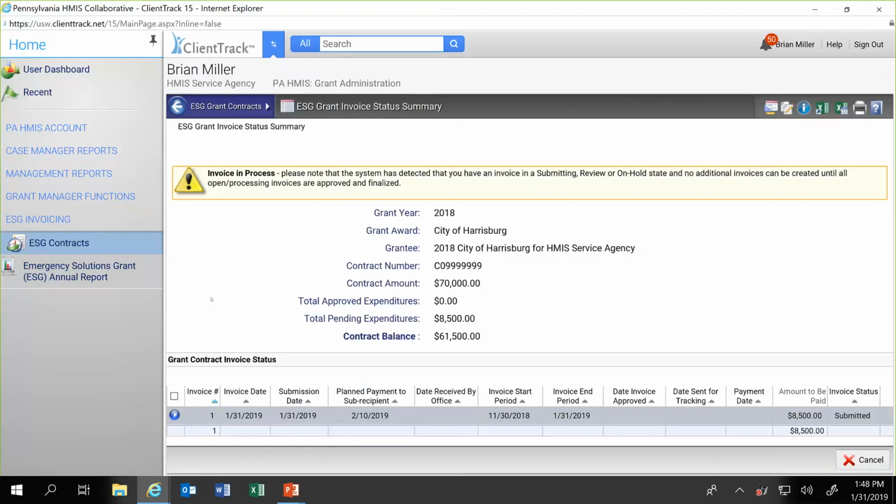Now, if there are questions on it, the grant manager will reach out to you and ask you to take a look at, maybe there's missing documentation or questions about it, but they will reach out to the contact person of the grantee if there's any problems with the submission. Yep, and then